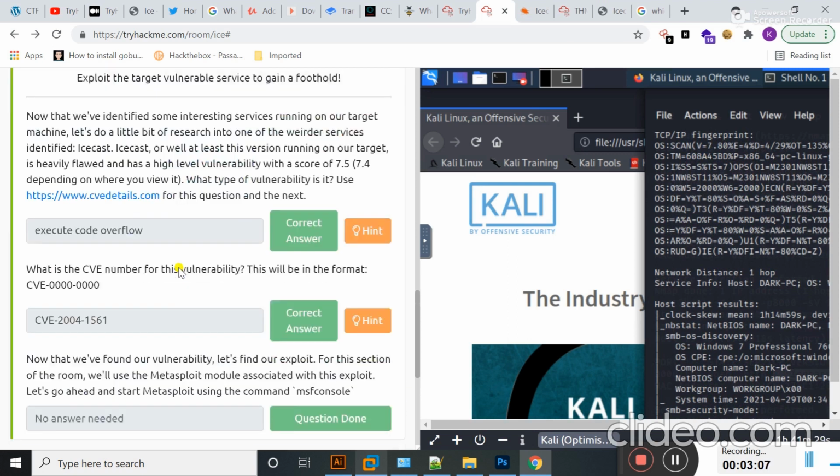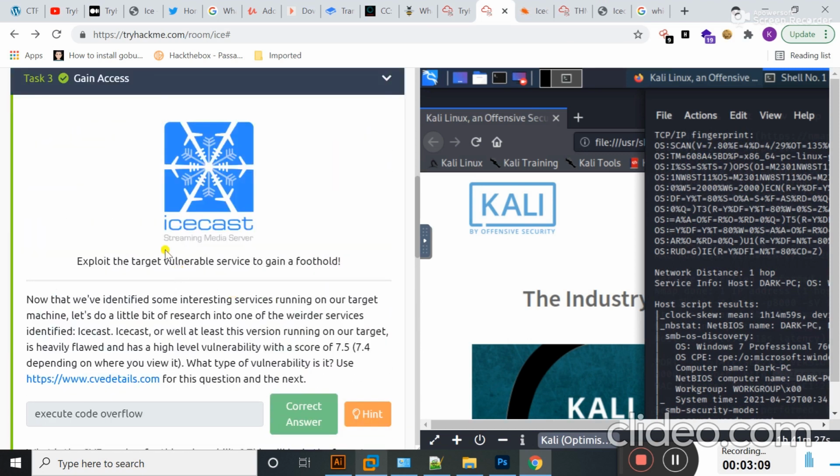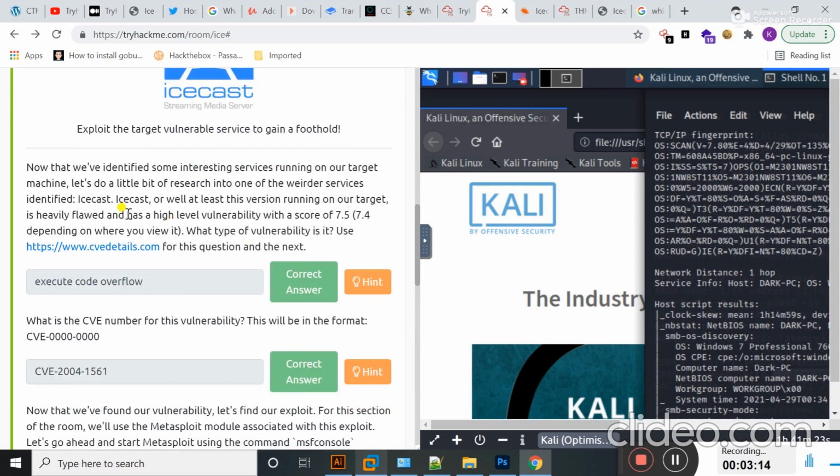Let's move to task 3. Students, now it's time to actually gain access to our target machine. Basically, if I talk about Icecast, it's a high-level vulnerability with a score of 7.5.